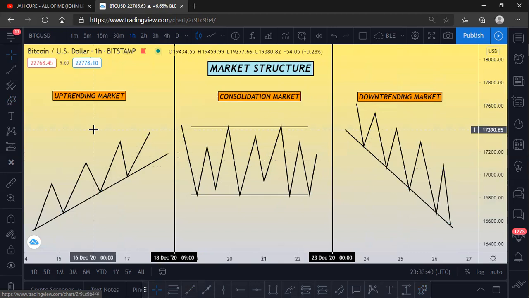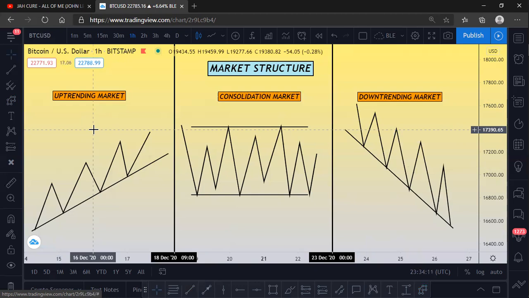So now how do you know what the market is doing? The first thing you want to identify when you come to the market, like when you open up your chart, is the structure of the market. Is the market going up? Is the market coming down? Is the market consolidating? Understand? Because the market does not do anything apart from these three. It is either going up, coming down, or staying in one particular position. You know, right? Yes, sir.